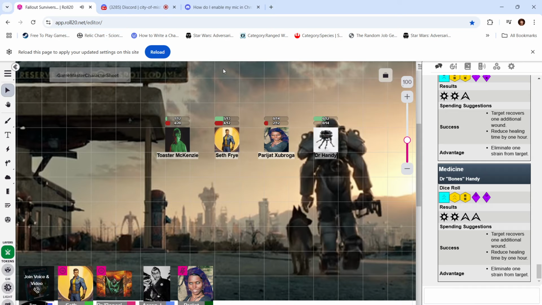Okay, here we go. Hey. There you go. Parajet is healed all the way up to 0 wounds. Yay. So go ahead and after a night of being taken care of in Harvest Hollow, where Parajet's been discussing,